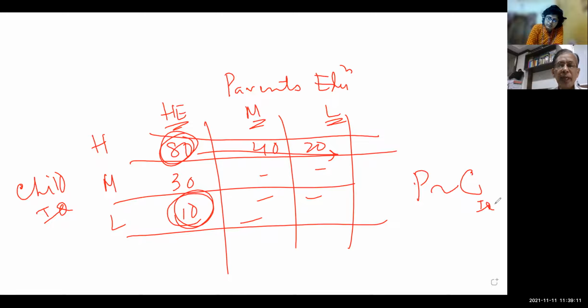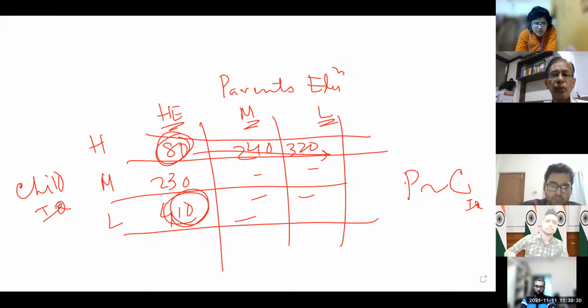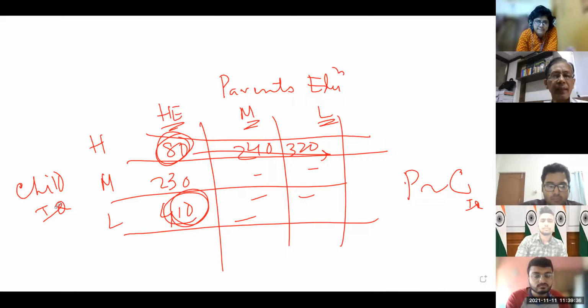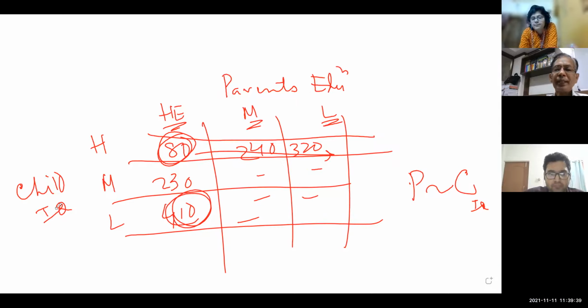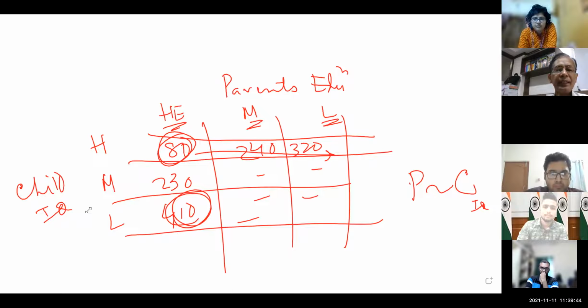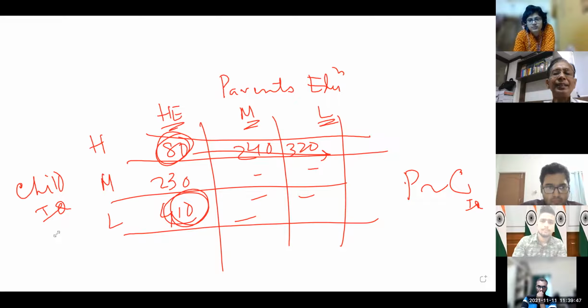Suppose I give one more example, not this education, and you get the reverse way. Suppose this is 80, this is 230, this is 410, and you get like 240, say 320, like this. What does it mean? There is an indirect relation, negatively. It's a reverse pattern. And if it is something like random data, there is no sequence, then we can say there is no clear evidence of any dependence or association. Do you agree with me?